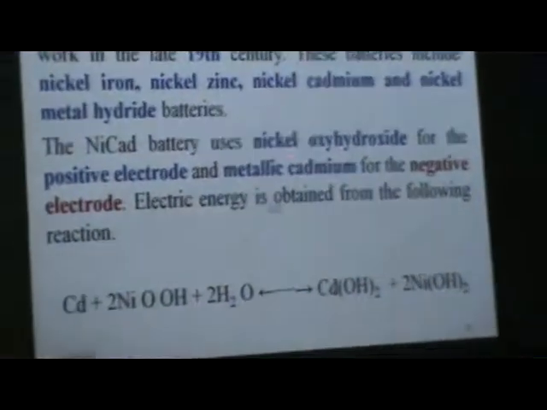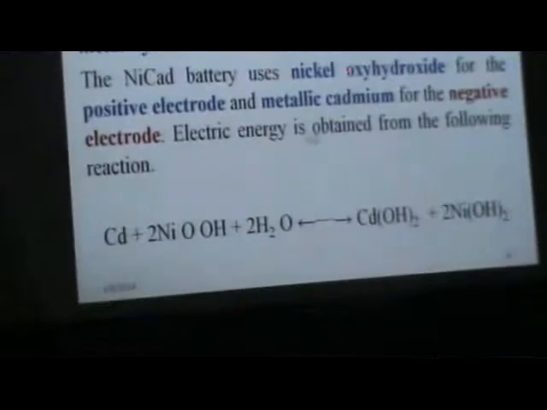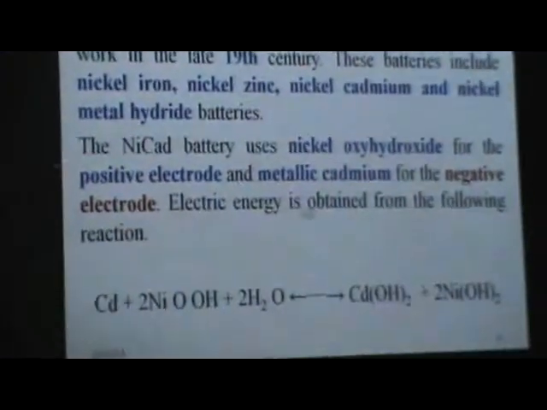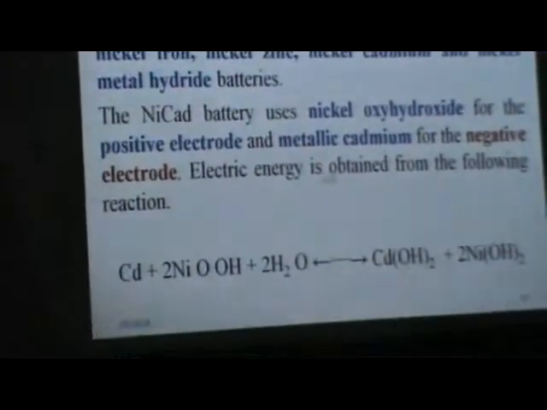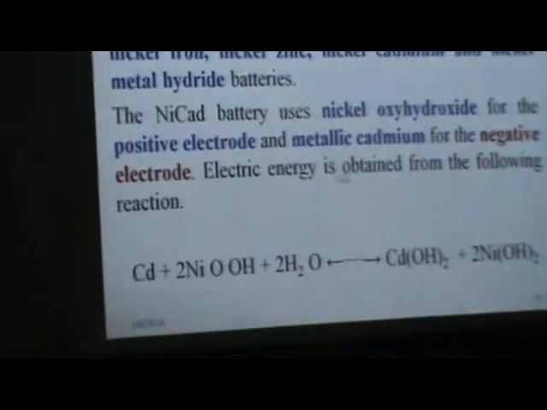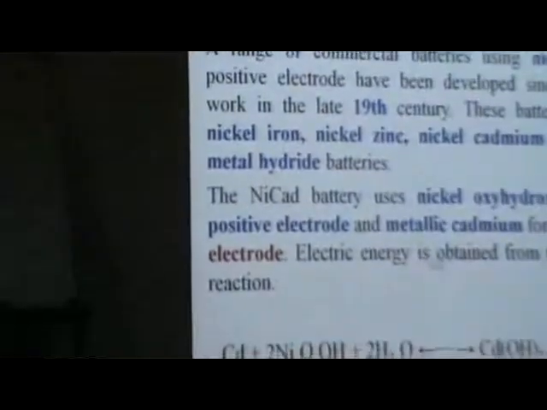Next is the definition of NiCd. It uses nickel oxyhydroxide to store the energy in this chemical. One is the positive plate, and the other is metallic cadmium used for the negative plate. Both are used due to the chemical reaction. The cadmium, with H2O also added, and the nickel oxyhydroxide, when both are combined, the energy is delivered.